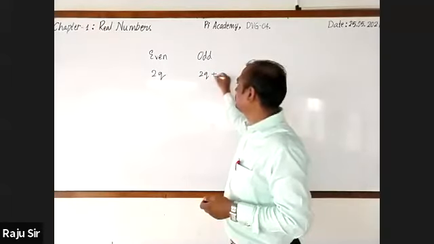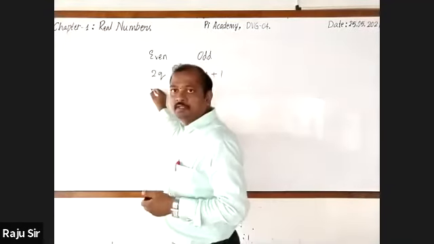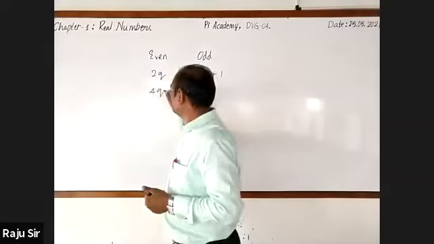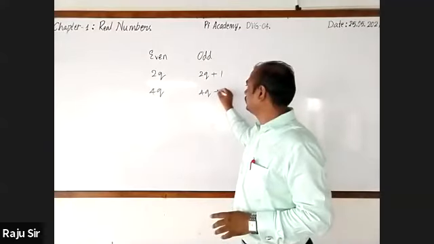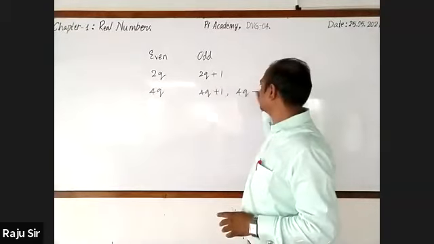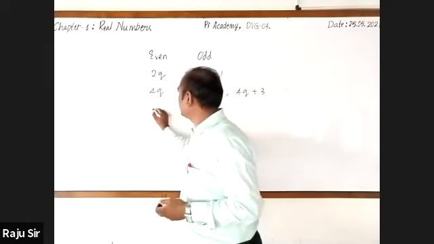2q plus 1, 2q plus 3. Similarly, if I write 4q, then the odd numbers are 4q plus 1, 4q plus 3. You are right. Similarly, if I take the even number as 6q,